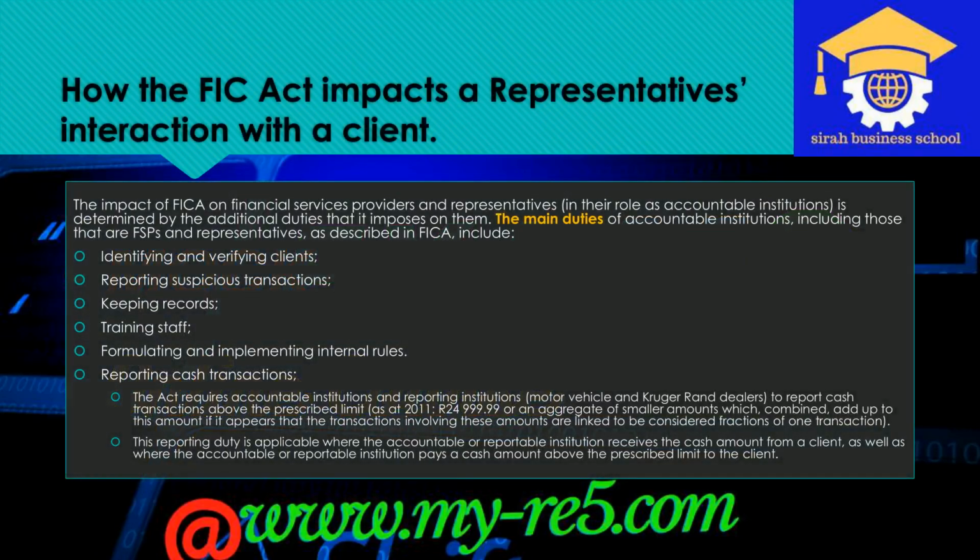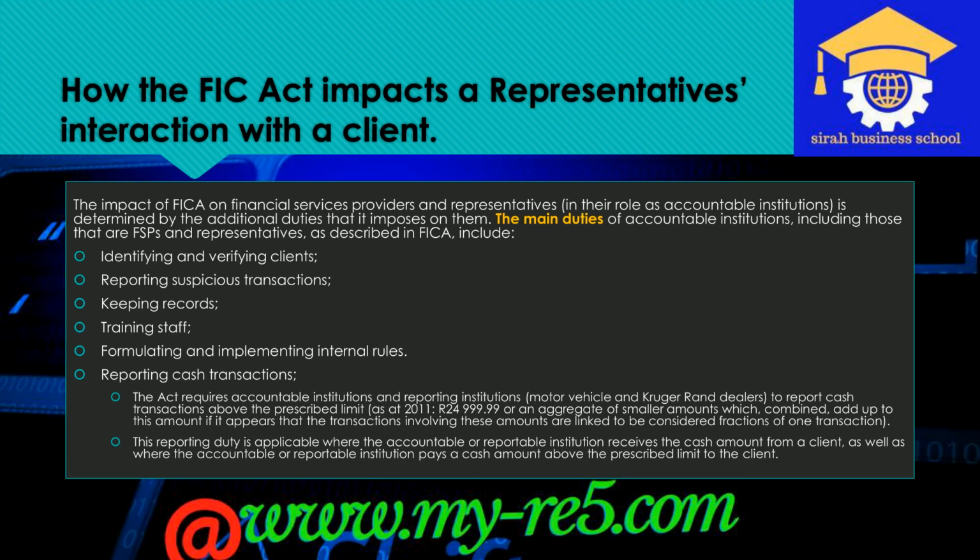How the FIC Act impacts a representative's interaction with a client. The impact of FICA on financial services providers and representatives, in their role as accountable institutions, is determined by the additional duties that it imposes on them. The main duties of accountable institutions, including those that are FSPs and representatives, as described in FICA, include